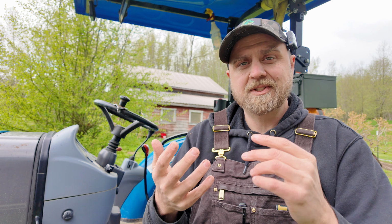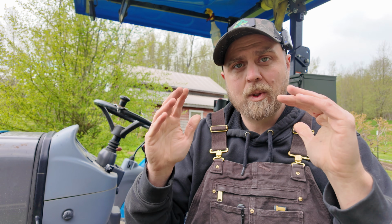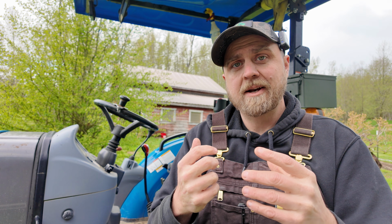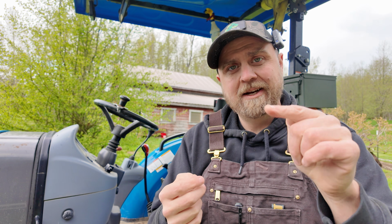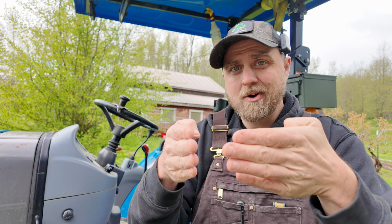Take your documentation, say, hey, here's the problem I'm having. Here's the thing that's happening. My machine isn't starting, or my loader won't lift, or my 3-point arms won't drop, or whatever is going on. Just tell them what is happening, rather than saying, hey, I need you to put a new starter in my tractor. Because your starter might not be the problem,